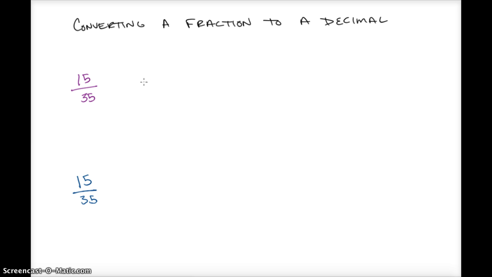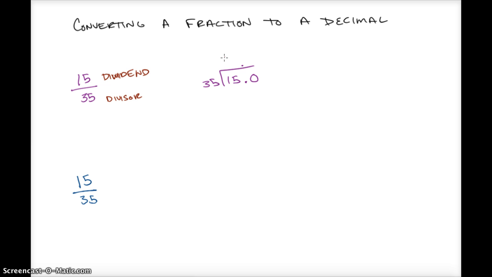So what I'm going to do here is I'm going to take my numerator, and I'm going to treat this like a division problem, where my numerator is my dividend, and my denominator is my divisor. And I will take 15 and I will divide it by 35. And that's okay that this number is smaller. My numerator is smaller because I'll just end up having to divide completely to get a decimal answer, which is